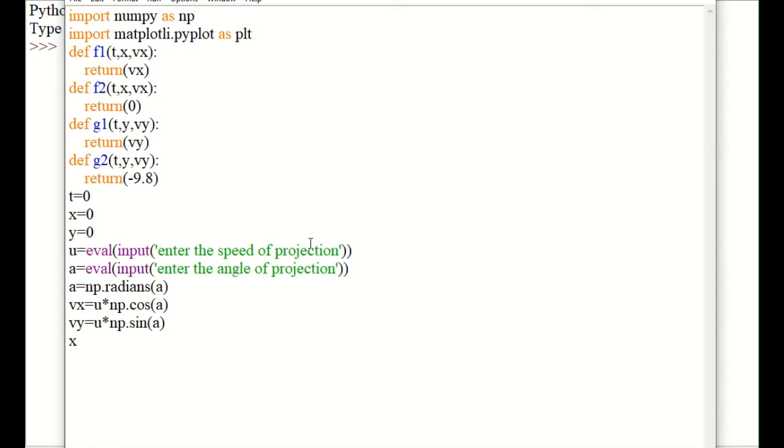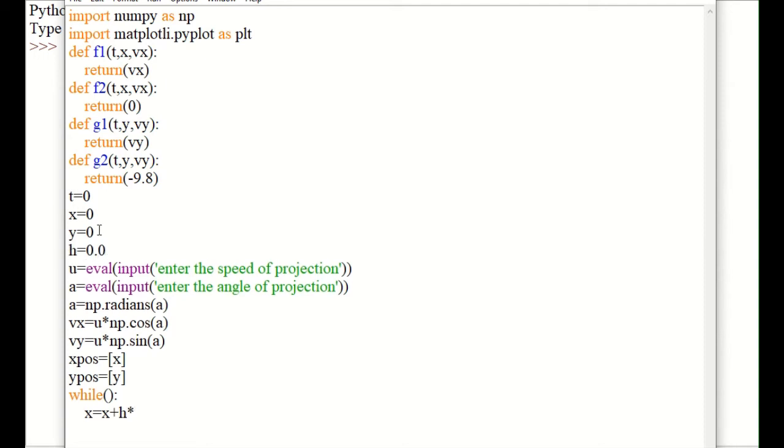Now I must make lists xpos and ypos. xpos must have the initial value of x, and ypos must have the initial value of y. So we are going to plot x versus y. Now I must have a while loop, so we'll discuss the condition. While in this loop, what we have to do is repeatedly do this: you must calculate x as x plus h star. Oh, I forgot to initialize h. h is equal to the time step 0.01.